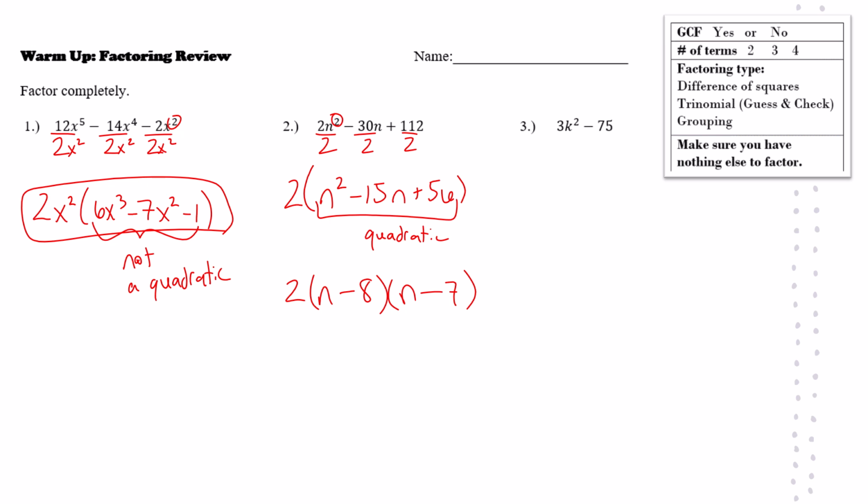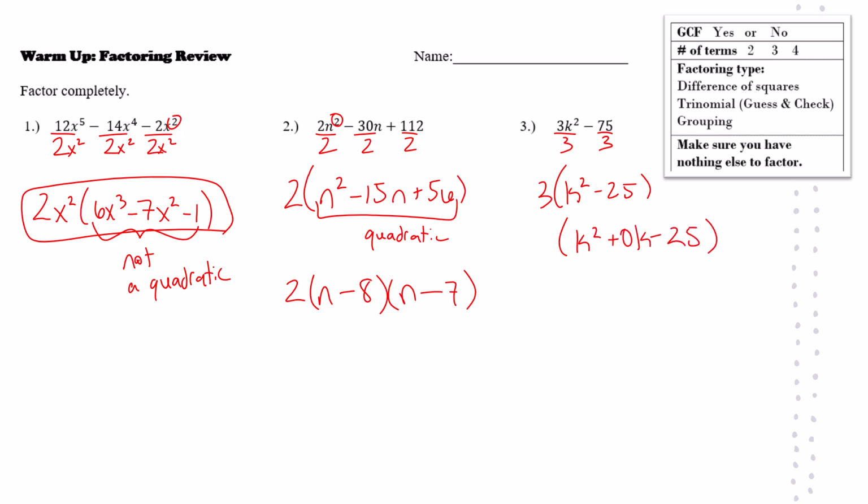Okay. Number 3, once again, starting with GCF, there is a GCF. So we take out that 3, and we're left with k squared minus 25. And then once again, what we're looking for is 2 terms. So difference of squares. This would be the pattern where if you need to rewrite it to help you see this,